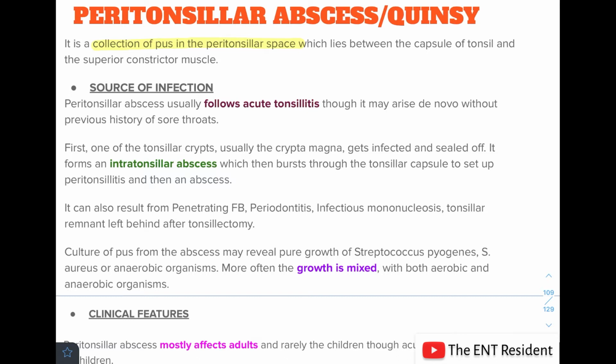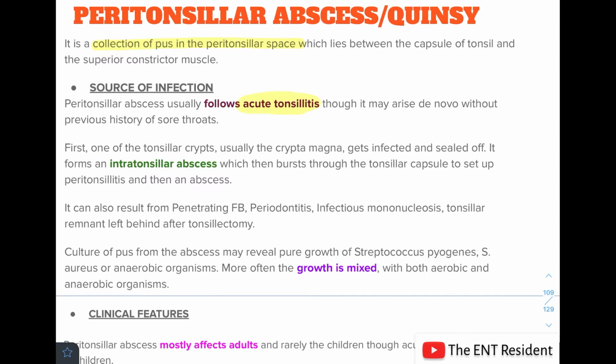Now what is the source of infection in these cases? Peritonsillar abscess usually follows acute tonsillitis, though it may also arise de novo without any previous history of sore throat. So what happens in this case? First, one of the tonsillar crypts, usually the largest one, which is known as the crypta magna, gets infected and it gets sealed off. It forms an intratonsillar abscess which then bursts through the tonsillar capsule to set up peritonsillitis